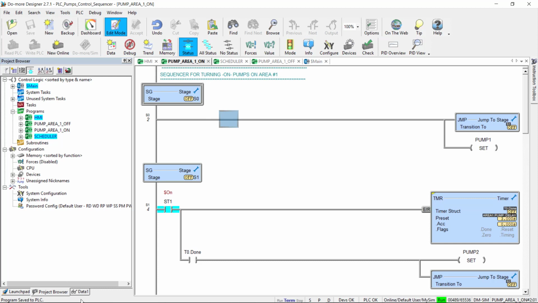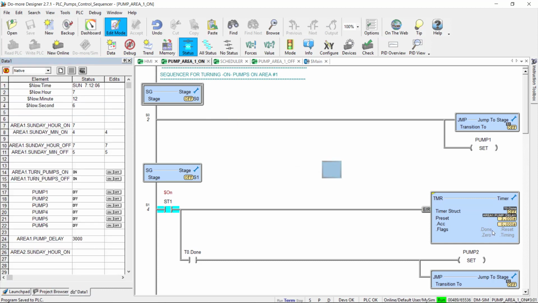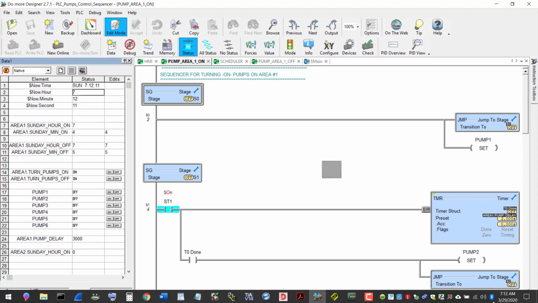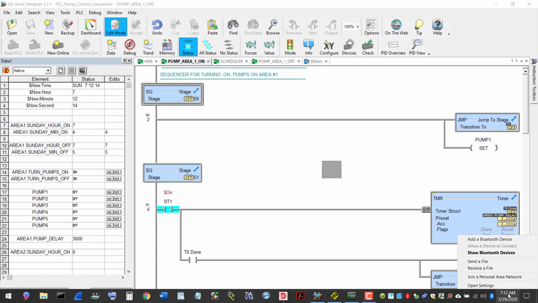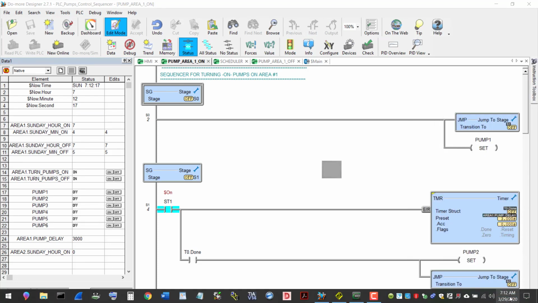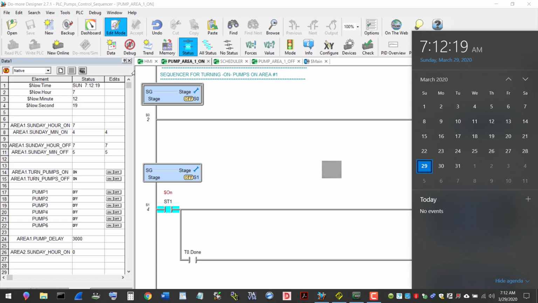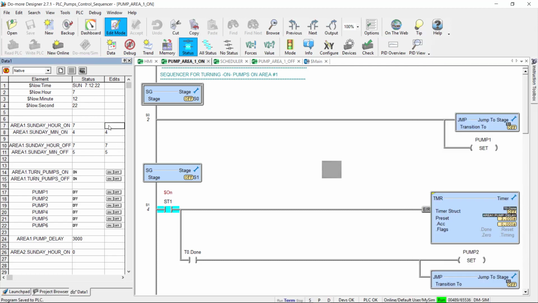So let's go ahead and get them running. So look at this timer over here. I'm going to go ahead and turn on my pump. Right now the hour is 7:12, right? Okay, 7:12. Let's turn on my pumps at 7:13. Okay, so this is going to be 7:13. They're going to be turned on. Right now, you see they're off, and we're going to turn that off at 7:14. So let me send that to the PLC,